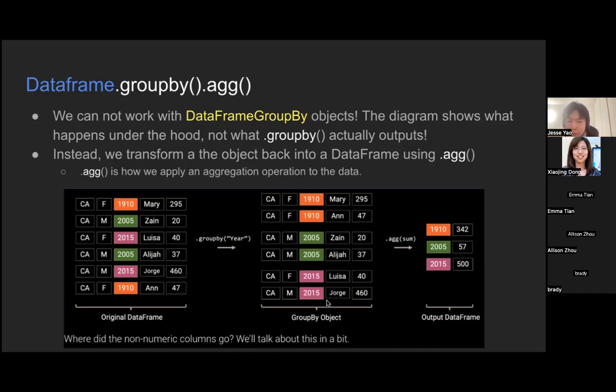So for now, just ignore these word columns because summing names doesn't really make sense. It'll return like a string, but you don't have to worry about that, right? So what's 295 plus 47? That's 342, right? What's 20 plus 37? That's 57, right? So again, you think of it as I'm squishing all the values into one row. And how do I squish that value? It's with this aggregate function,